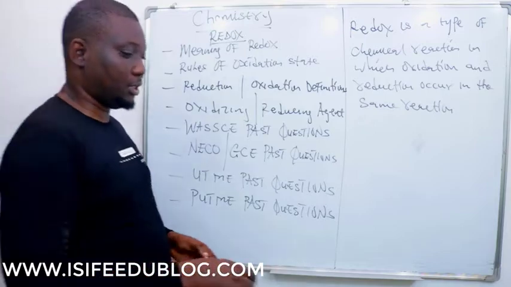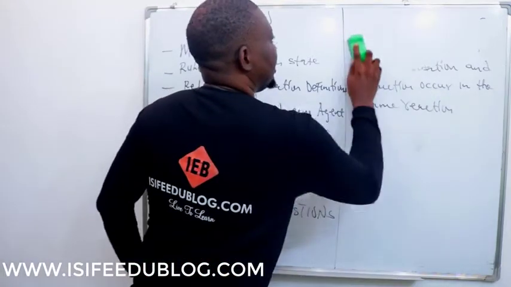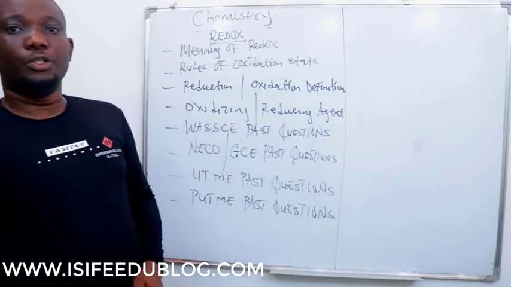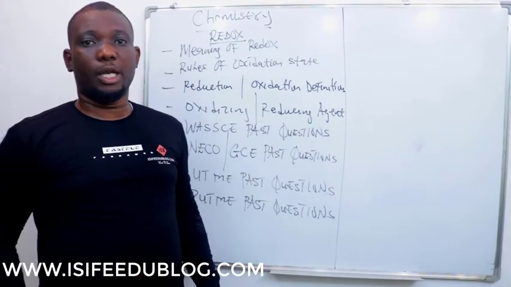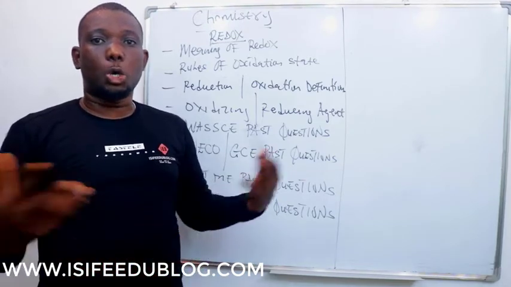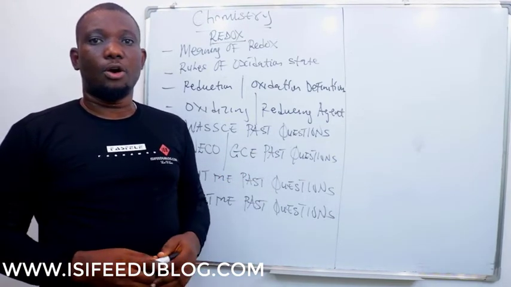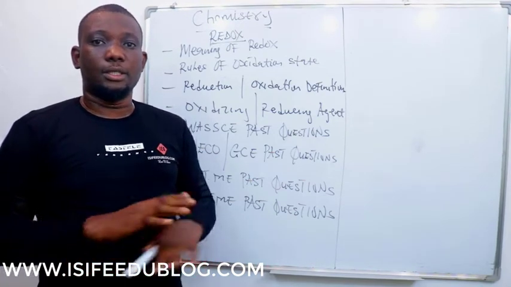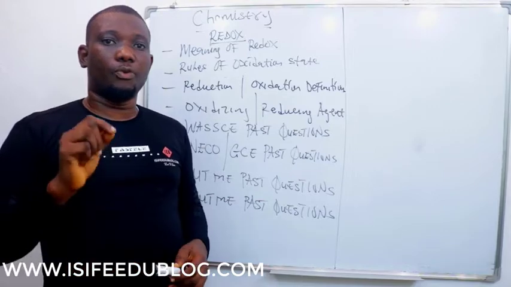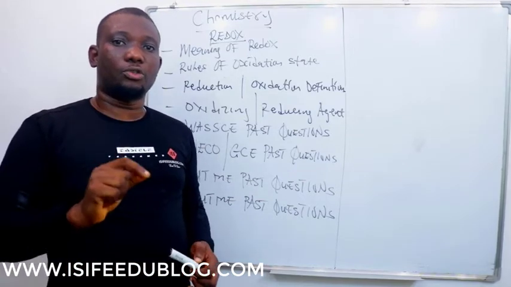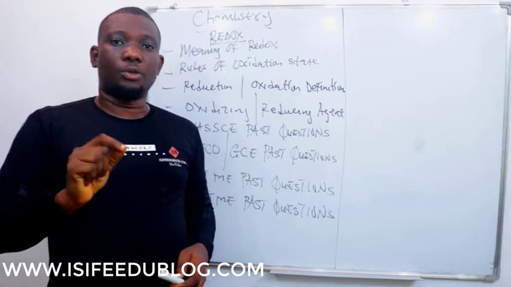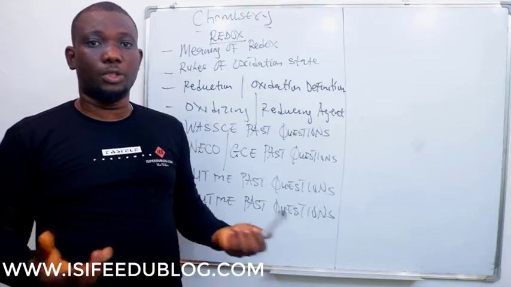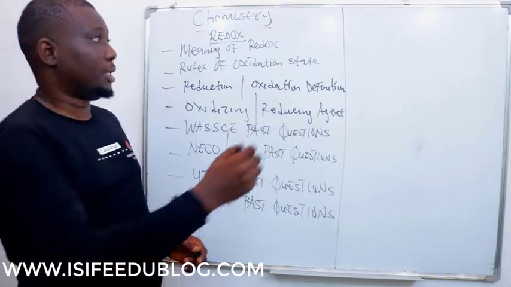One of the rules of oxidation states is that the sum of the oxidation numbers of a neutral atom or molecule in its uncombined state is equal to 0. Take for instance, if you have